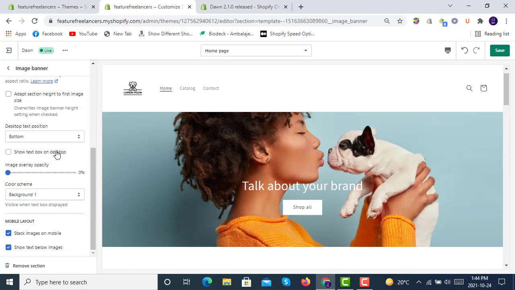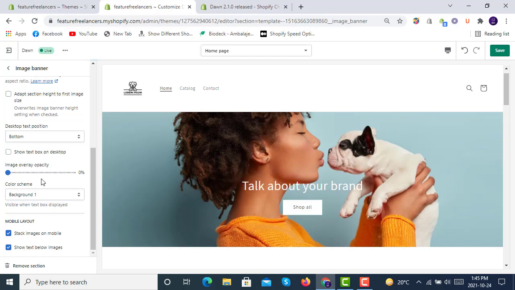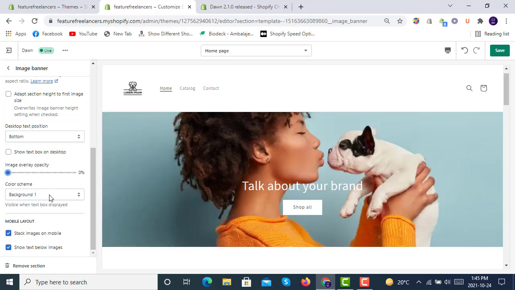We will go without showing this, so it will be like this. If we check this, then the background will be added. Basically we are not going with the background. Text overlay opacity, here it will be like this. We will make it 0%. So color scheme, background 1, SN1,